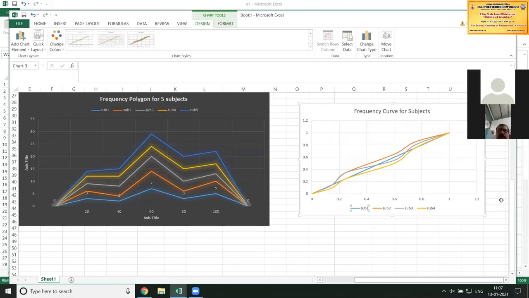So this is the representation of frequency curve.